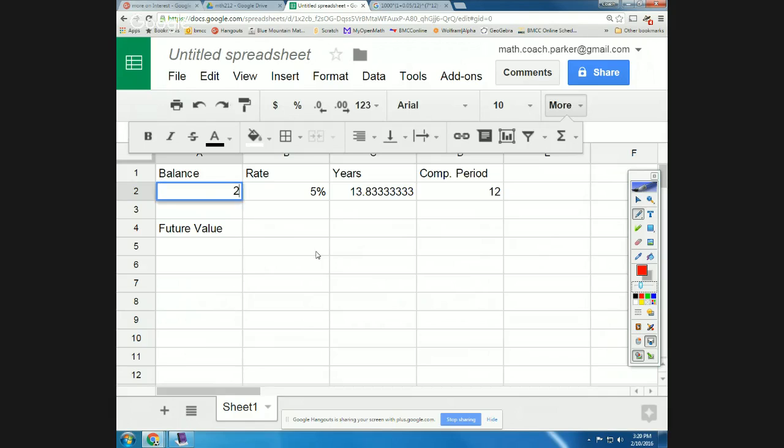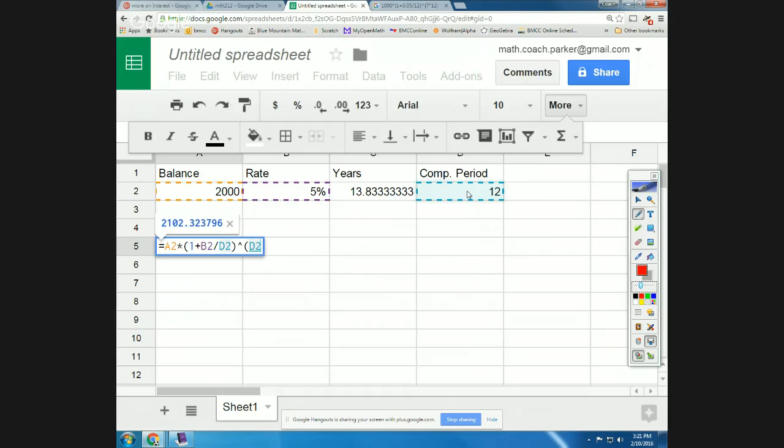What if I started with $2,000? How long do you think it's going to take to double that? Double that amount of time? 26 months. Okay, let's try it. So I'm just going to redo my formula. Equals balance. I didn't have to redo the formula. I just wanted you guys to guess before I clicked it. 1 plus rate over compounding period to the power compounding period times the number of years